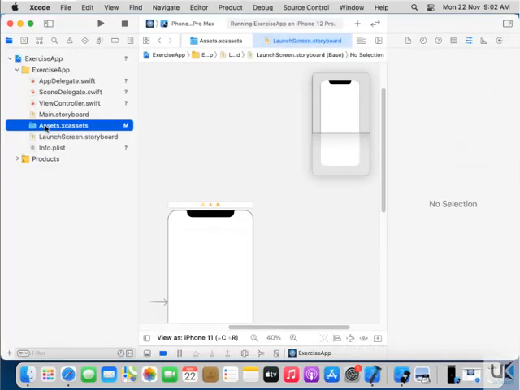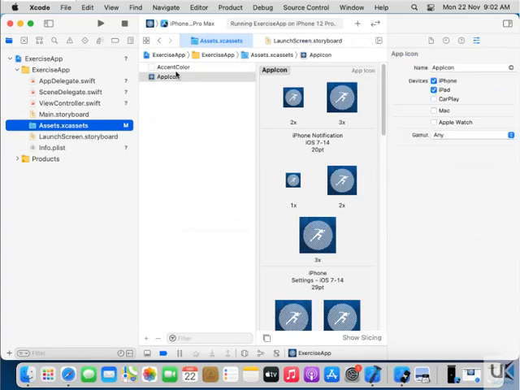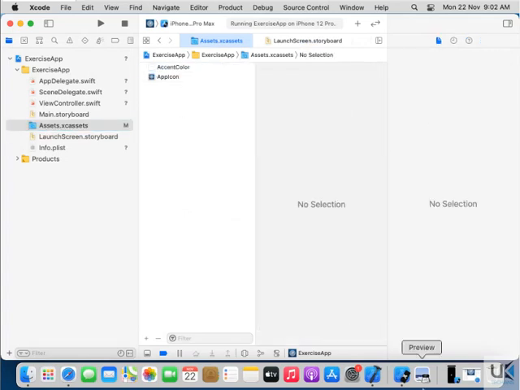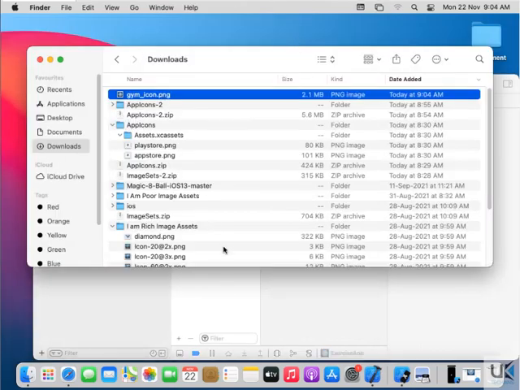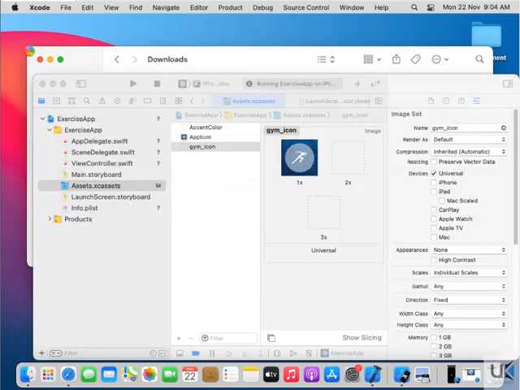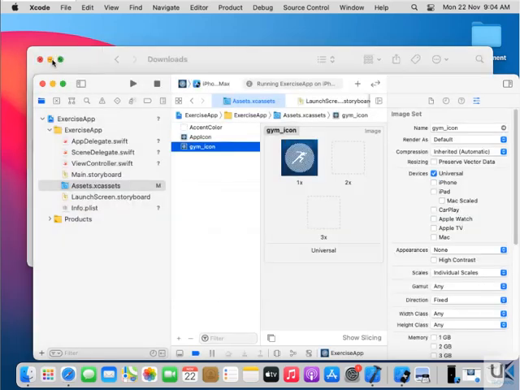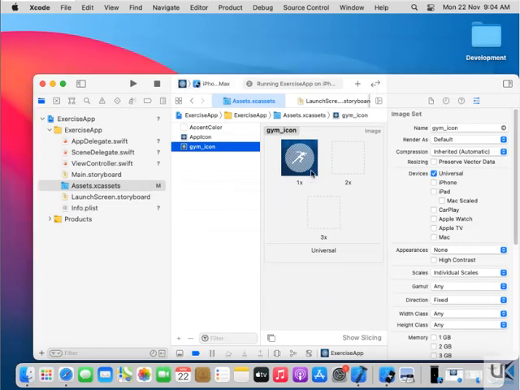Enter the assets and under the section. So let me just drag this and place it like this, and after this let me show you the image shows this icon size is x1 and only x1 but not x2